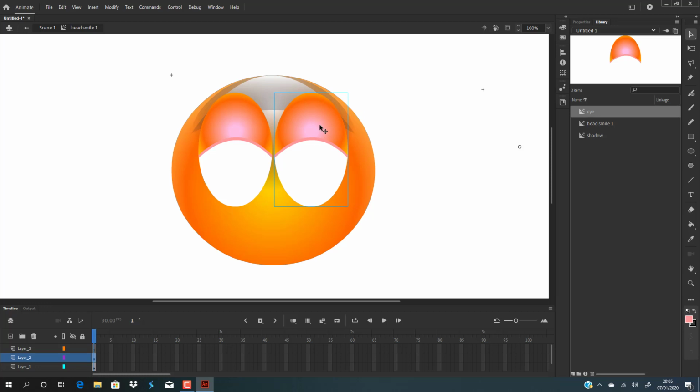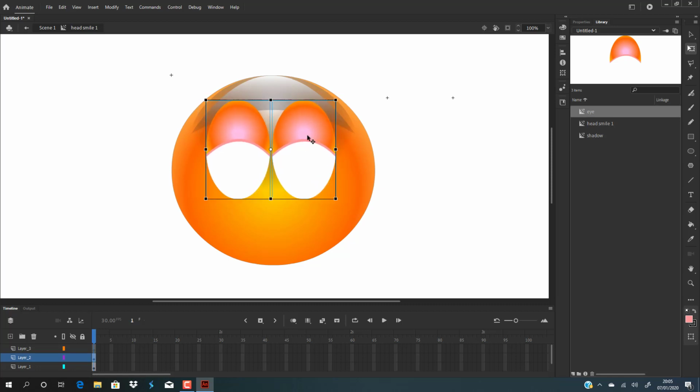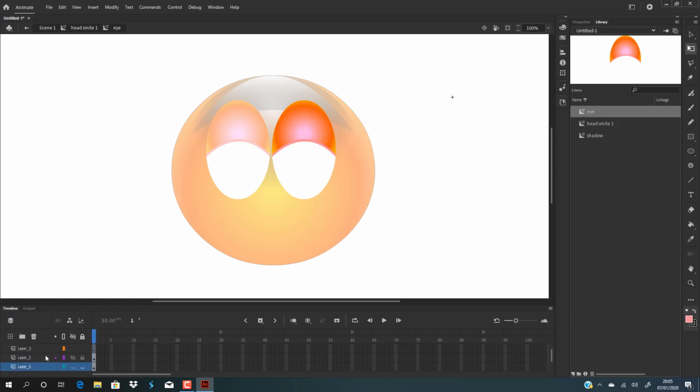So it's a solid pink. You want to just press shift, select both of them and change the size. They're both the same symbol, so when you edit one, you edit the opposite one. Now on a layer above layer 5 on my computer, you want to grab the circle tool again and